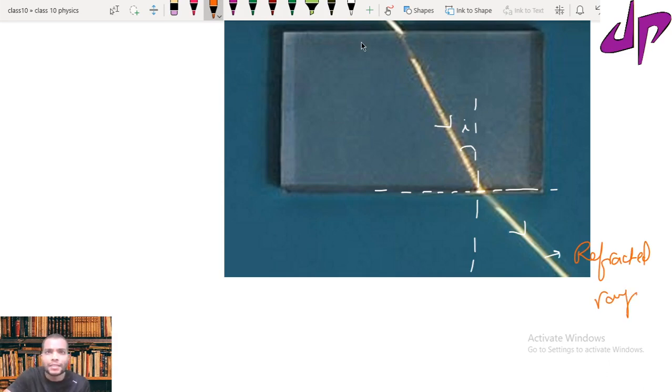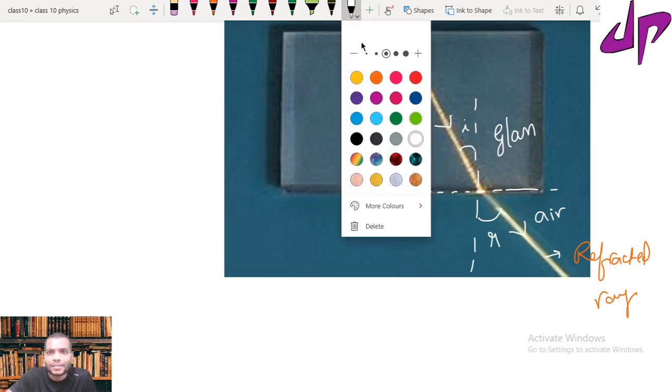And if you can observe it here, the refracted ray is bending away from the normal. So we also learn that when light is traveling from a denser medium to a rarer medium, the denser medium is glass and the rarer medium is air, so light bends away from the normal. Because in glass the speed of light is less, but in air the speed of light is more. Suppose you write the refractive index in this case, now in my case, the glass is my